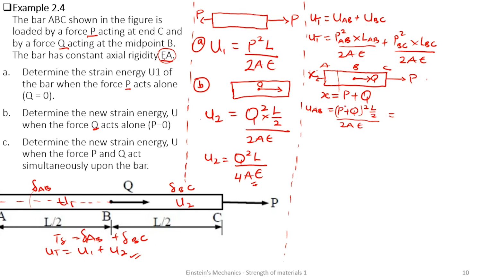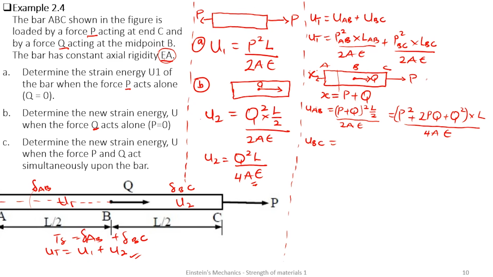This can further be expanded as P square plus 2PQ plus Q square. We can multiply by the length, over 4AE. That's what's going to happen in AB, the U. Now let's look at the U happening in